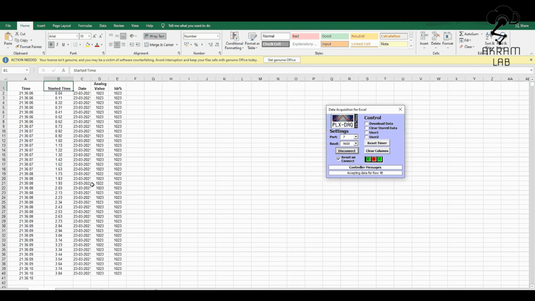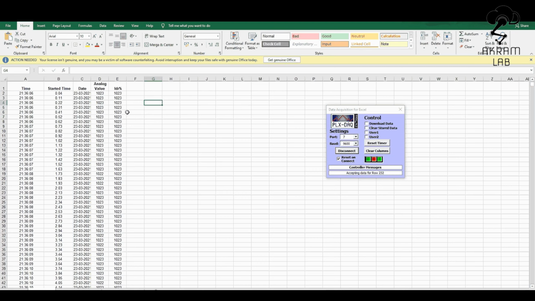Now you can see that all the real-time data is getting stored in MS Excel with the time, started time, date, analog value, and the LDR percentage. You can also store any digital data or data from two simultaneous sensors.